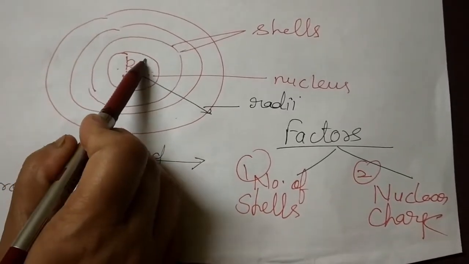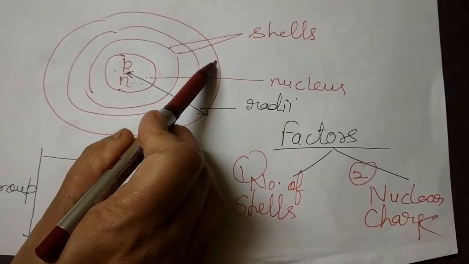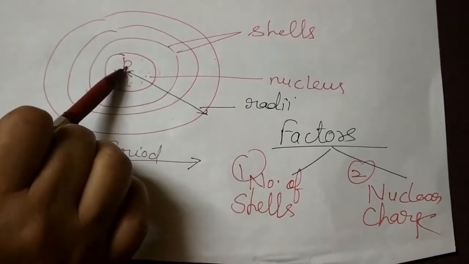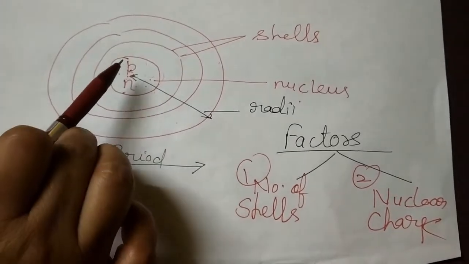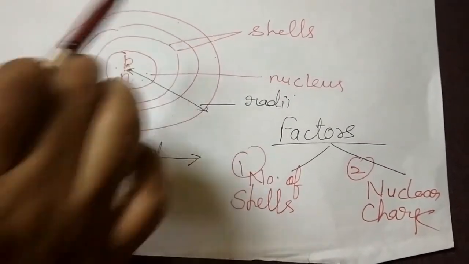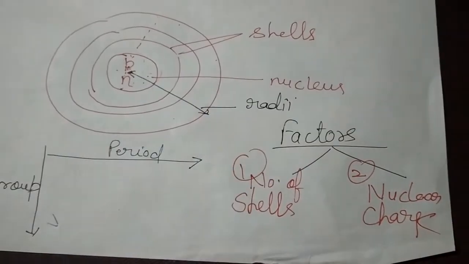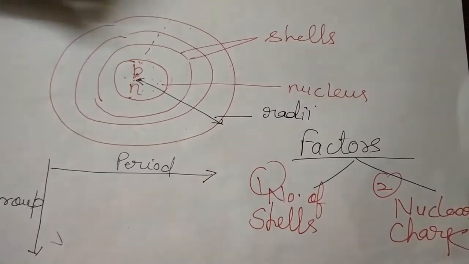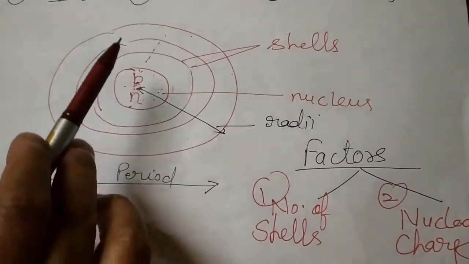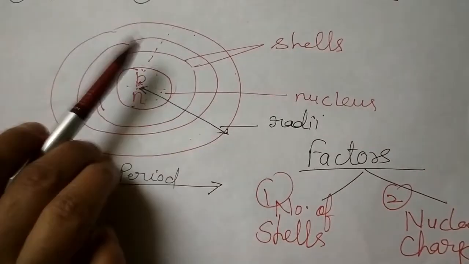So greater will be the attraction from the nucleus towards the outermost shell. The greater the number of protons, the greater the attraction from the nucleus to the outermost shell. The electrons are slightly attracted towards the protons. So in this way, children, there is shrinking of the atom, and that leads to a decrease in the size of an atom.